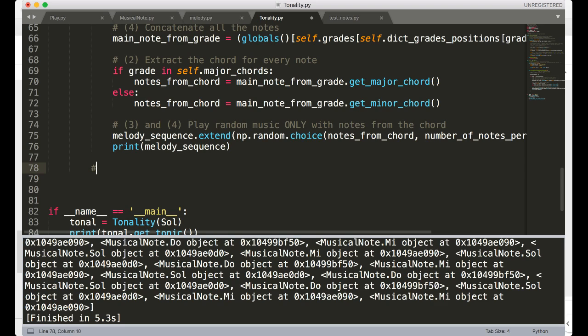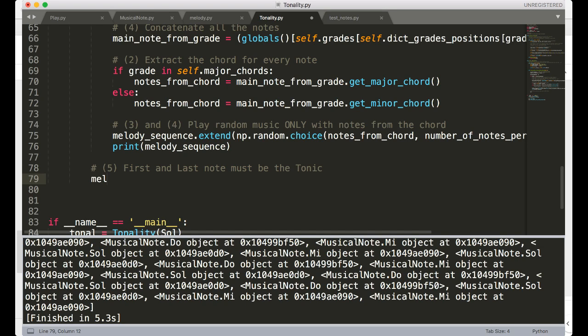This is something that must be done. Okay, the first and last note must be the tonic. I don't care if randomly it says the first and last note is another one. First and last note must be the tonic